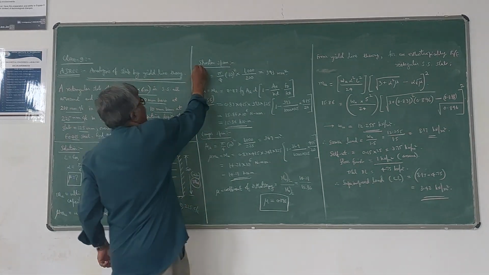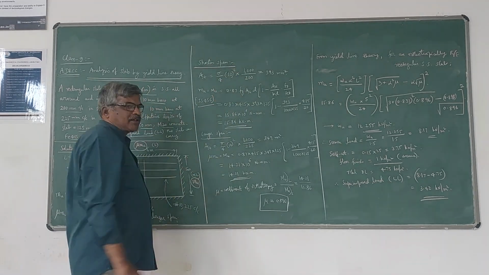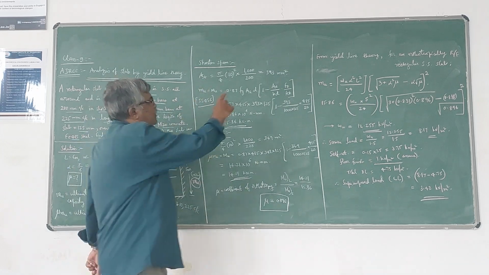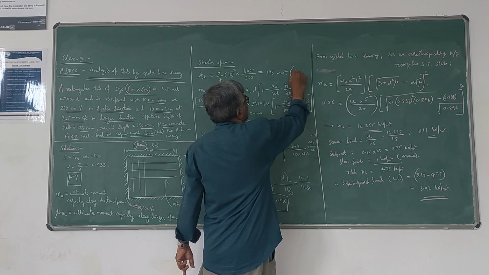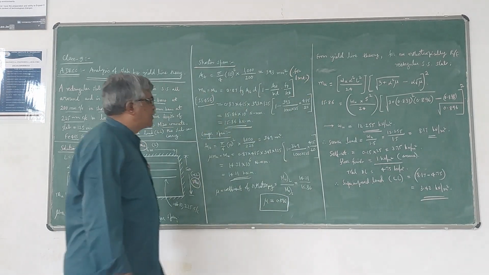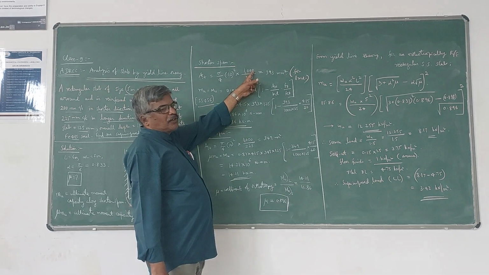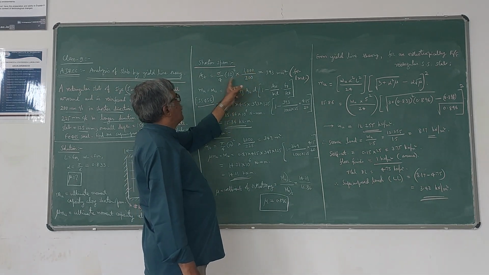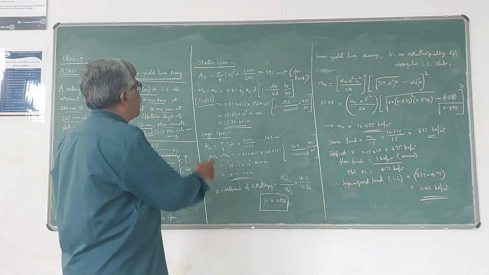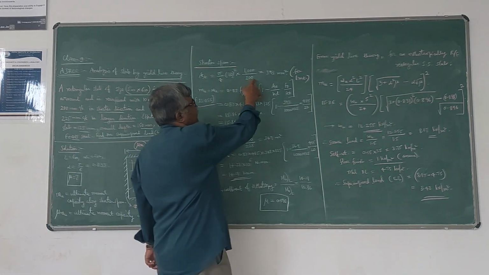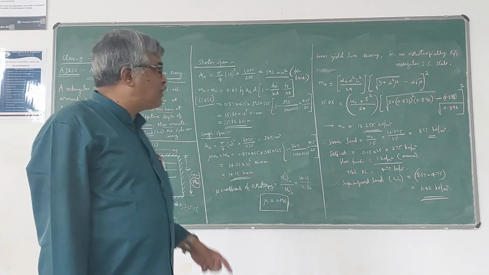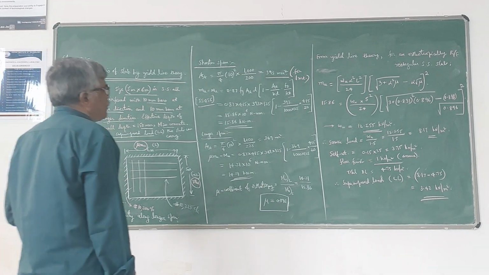If we take the shorter span, since the diameter and spacing are given, we can calculate the Ast provided. Of course, this Ast is calculated for 1 meter length of the slab. It is understood because b I have taken as 1000 mm, spacing is 200 mm, area of the bar is pi by 4 times 10 squared. This is the formula used to find the Ast provided for 1 meter length of the slab. So in the shorter span, you get 393 millimeter square.